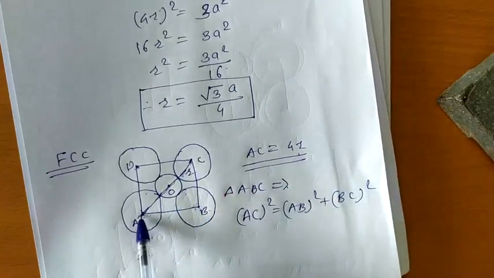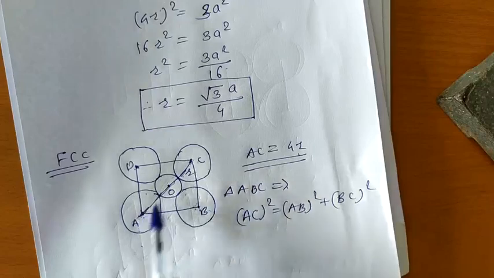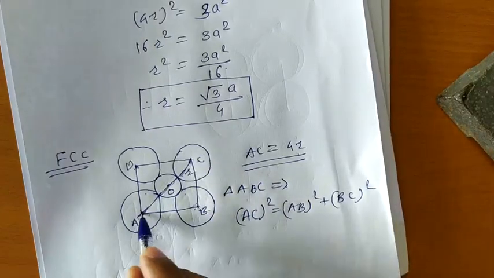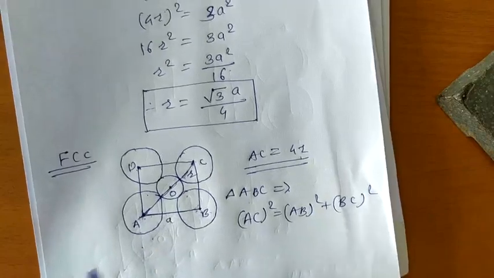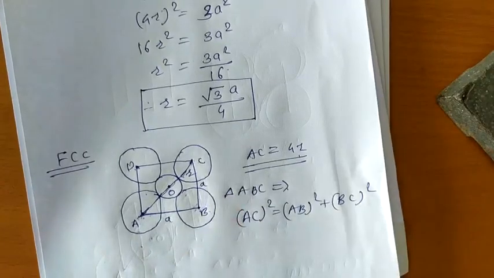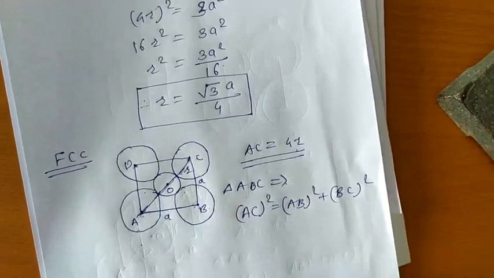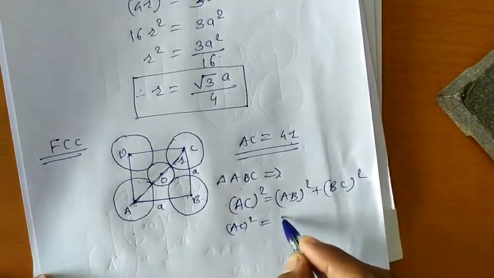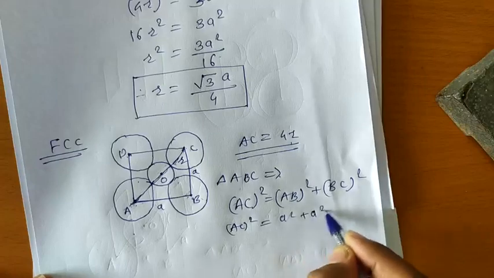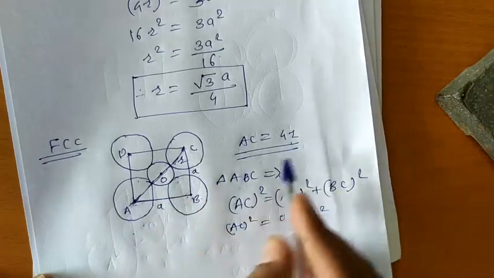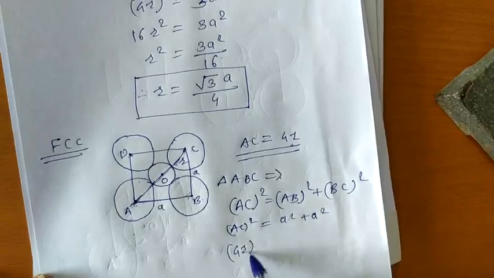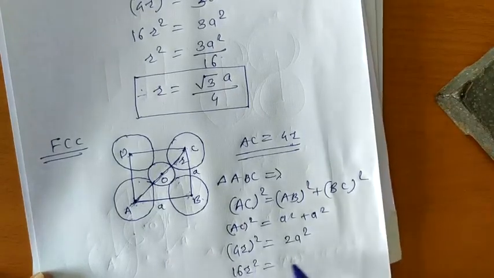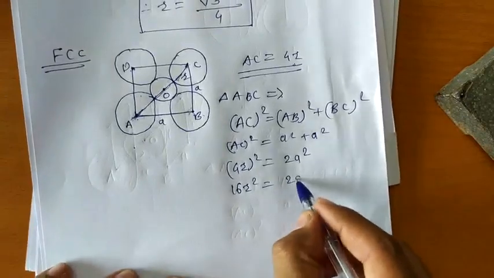Now we have considered triangle ABC. AC square equals AB square plus BC square. As you know, this is the lattice parameter A. We have considered the cubic structure, so this must also be A, because A equals B equals C. Therefore, AC square equals A square plus A square. What is AC? AC here equals 4R, so 4R whole square equals twice A square, that is